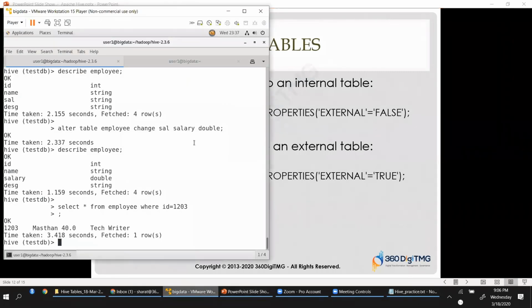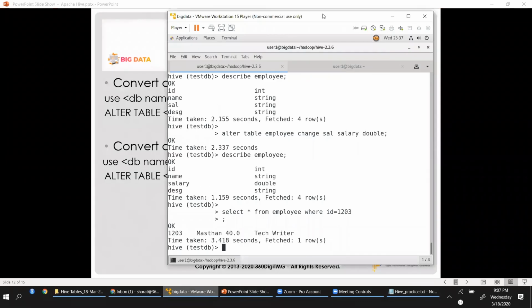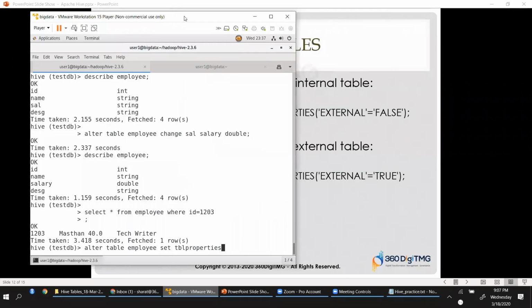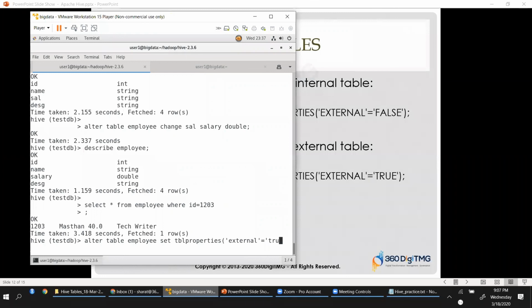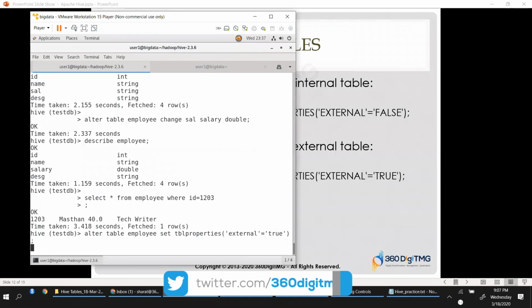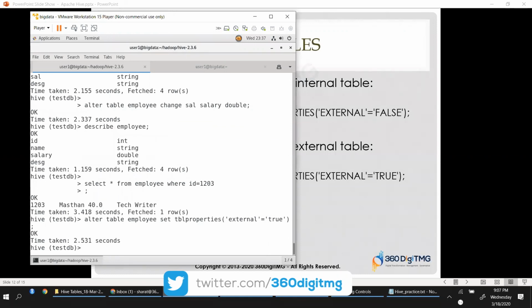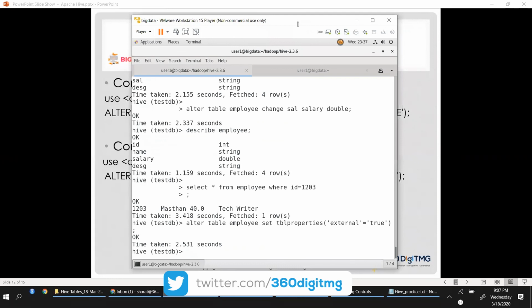So I'll just say alter table employee set table properties, the syntax, external is equal to true. Done. Your table is now converted into an external table.